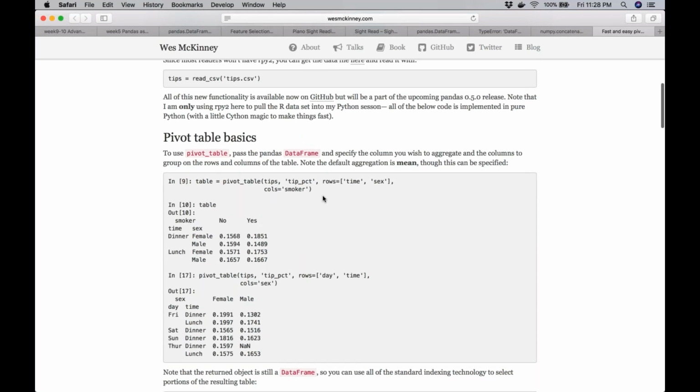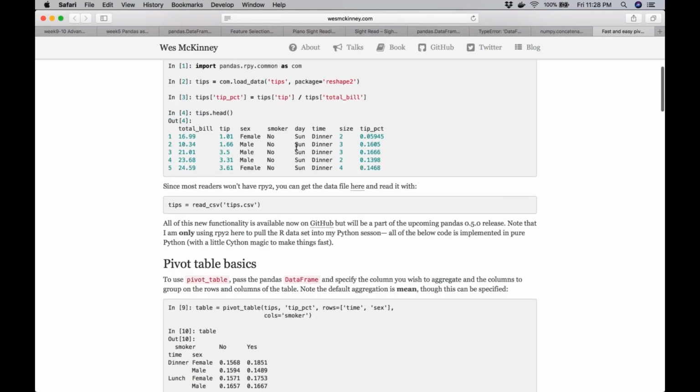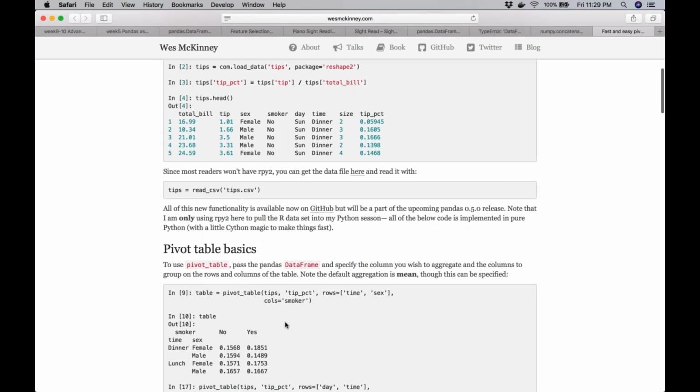Now I want my data to be split by the time. The time column has two distinct values, lunch and dinner. And the sex column has two distinct values, male and female. I want to create a tabular structure where I can see the response for the time and the sex. And what I'm doing here is getting the rows, the time and the sex, and the tip percentage. So there is a tip column and then there is a tip percentage. Correct.